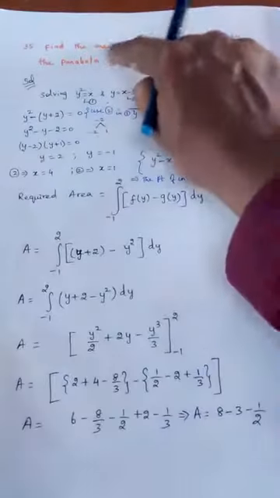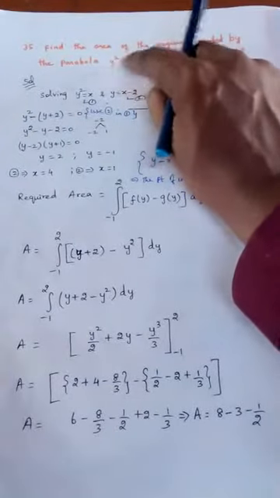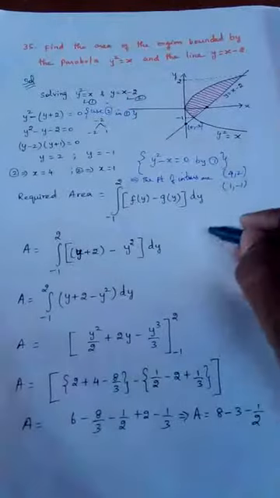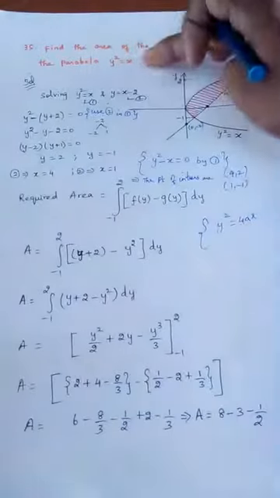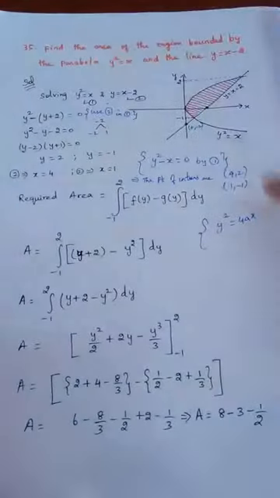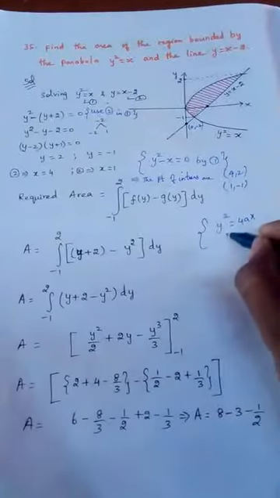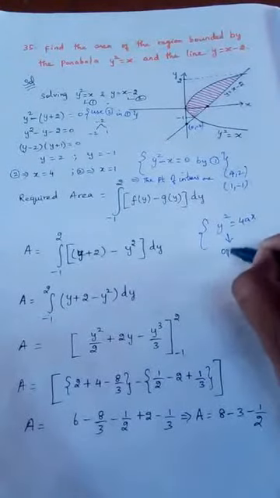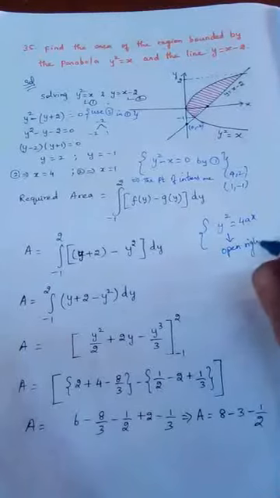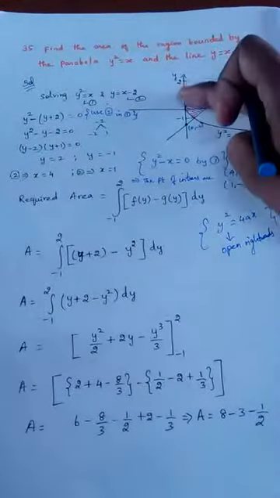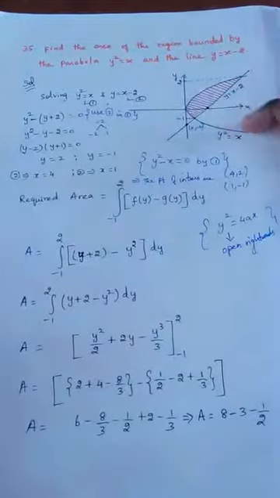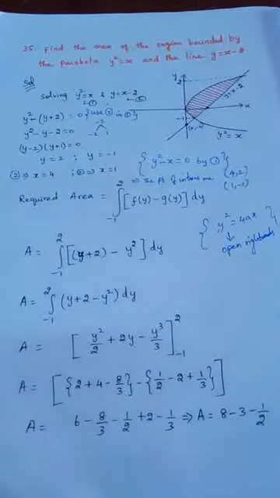Then I have to draw this parabola, y square is equal to x. We know very well y square is equal to 4ax. It is of this format, right? y square equal to x is nothing but this type. This is nothing but a parabola opening rightwards. So in a rough diagram, we are drawing a parabola which opens rightwards. Open rightward parabola we have drawn.